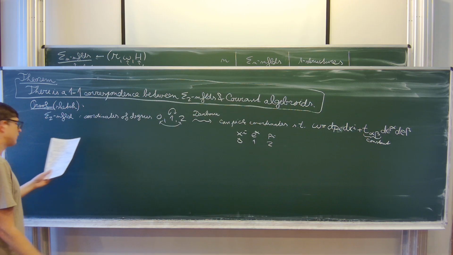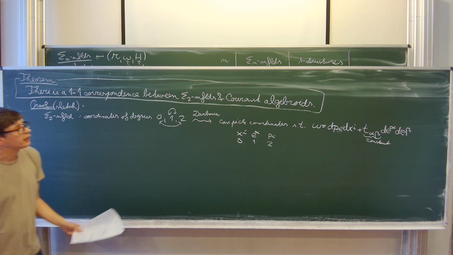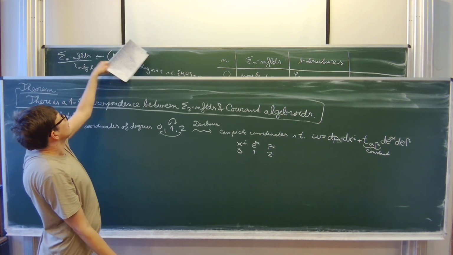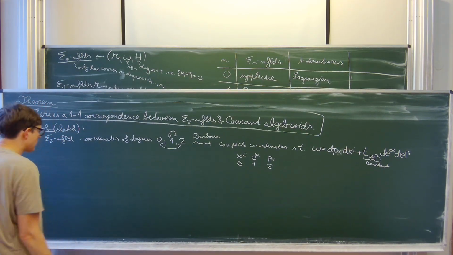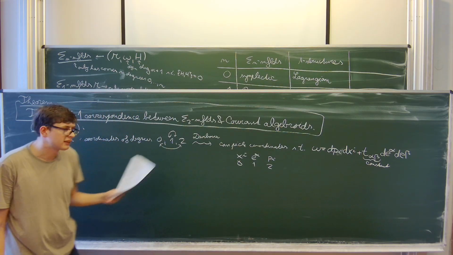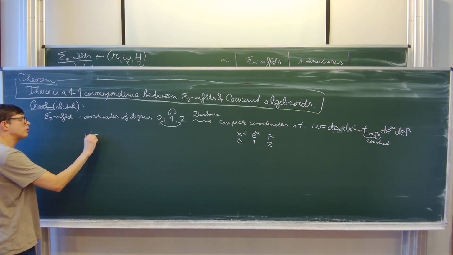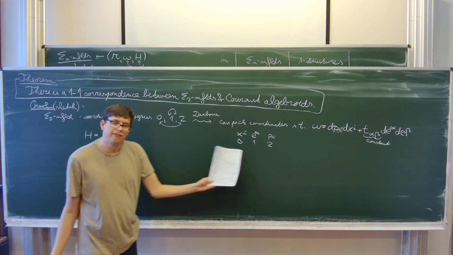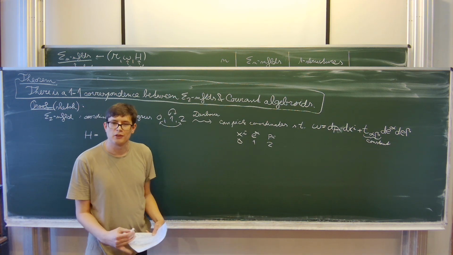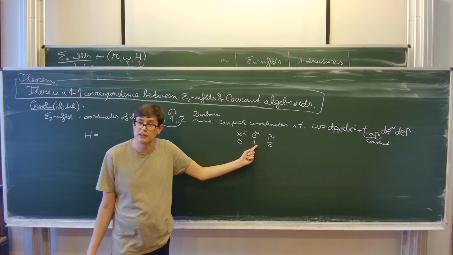Okay, and now we have the coordinates, and now we need to build a Hamiltonian function h, which will be of degree 2 plus 1, so 3. And we have only these ingredients in the game, so this should not be too difficult. What is the most general h that you can have? Well, it needs to be degree 3. So you can either have 3 of these, or you can have 1 of these and 1 of these, and